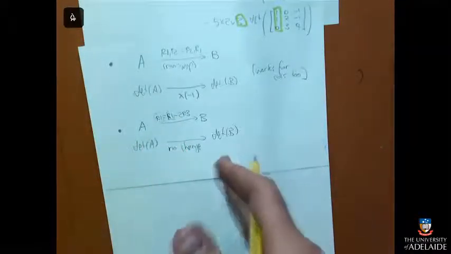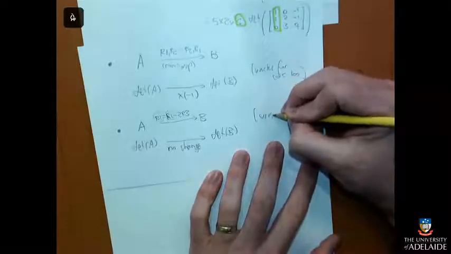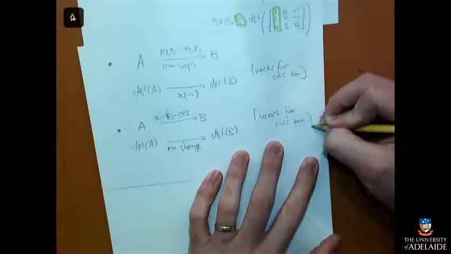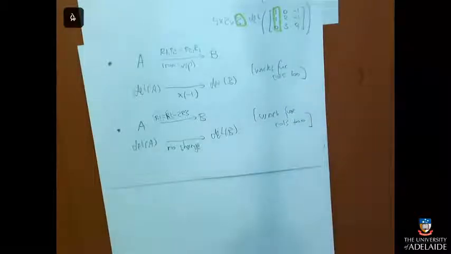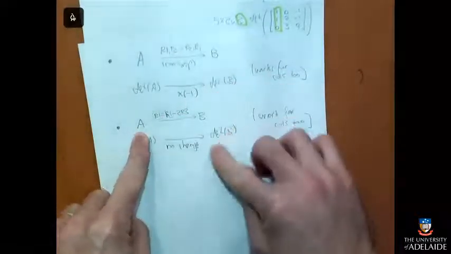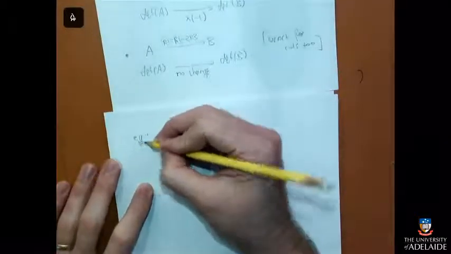So what this means, and it works for columns too, not that you're used to doing column operations, but it does work. The reason it works for columns too is because the determinant of the transpose is the same as the determinant of the original, so you can just switch it around and do it on the other side. Okay, so I am the sort of person that, knowing this in particular, will calculate determinants by doing row operations as much as I possibly can. So let me do an example of that for a second.